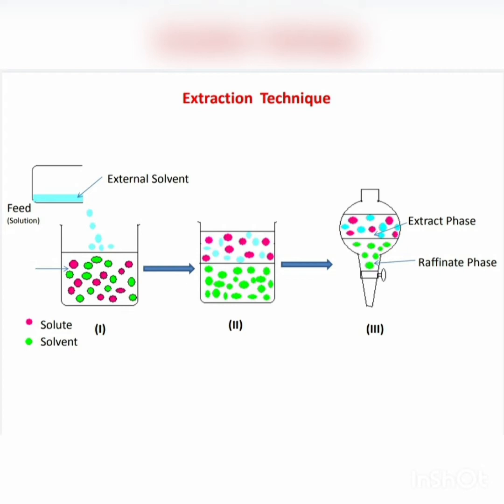In liquid-liquid extraction, a third external solvent is added to the liquid mixture. One of the liquids from the mixture should have more solubility towards this third solvent. Thus, two phases, that is layers, will be formed. One phase will contain one of the liquid components from the original mixture, called the extract phase, and the other phase will contain the remaining liquid, called the raffinate phase. The isolated layers are then separated by density difference. For recovery of the third solvent, extraction is followed by distillation.